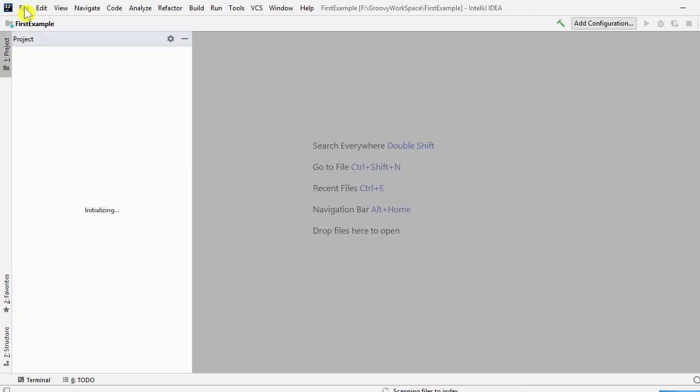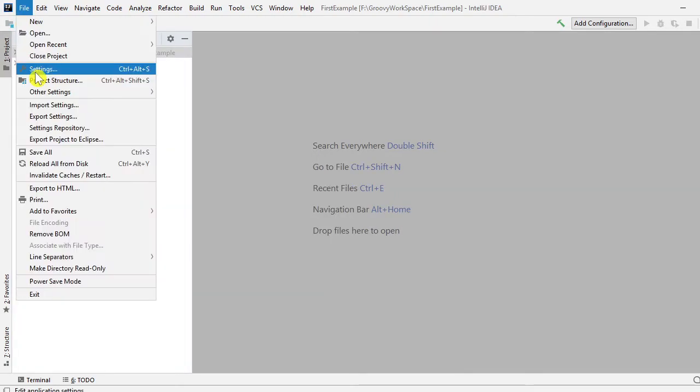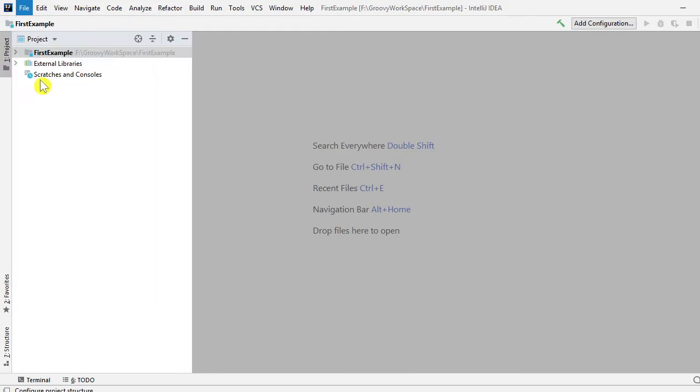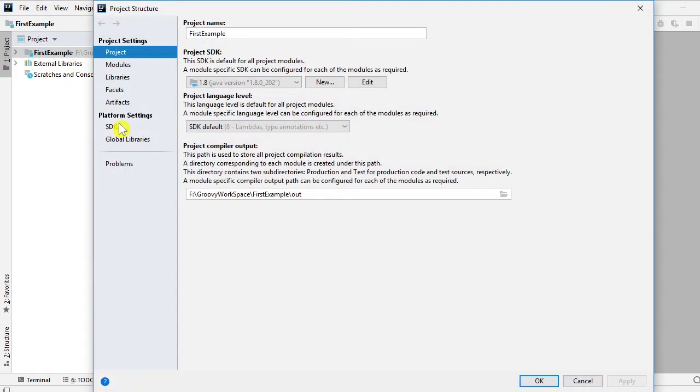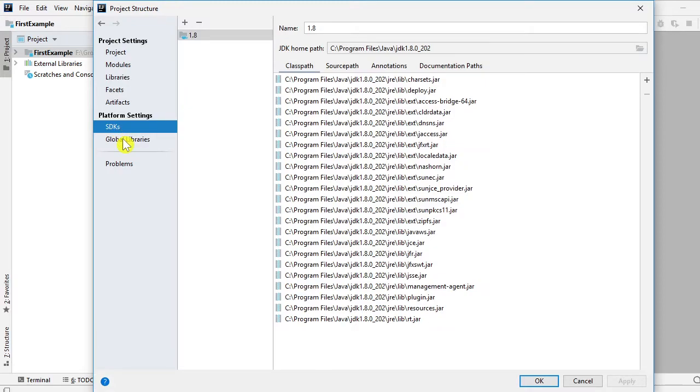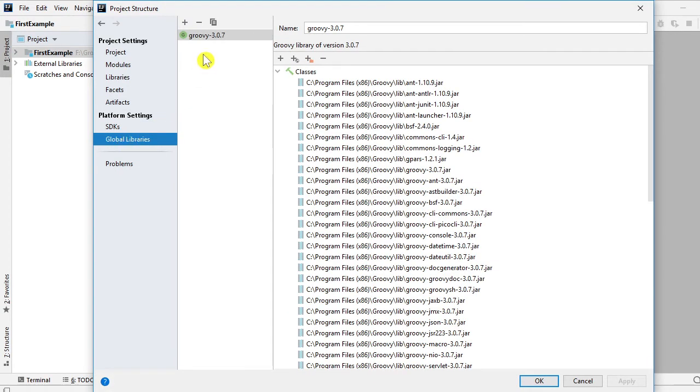So to see the plugins, you need to go to the settings option. If you want to see the installed SDKs in your system, since we have given this Groovy home, right, go to Project Structure, under Global Libraries. Here you can see the Groovy home option, which we gave while creating the project. That path you will be able to see here.